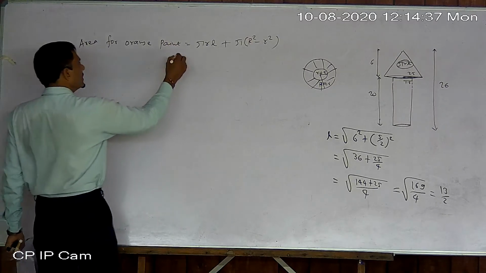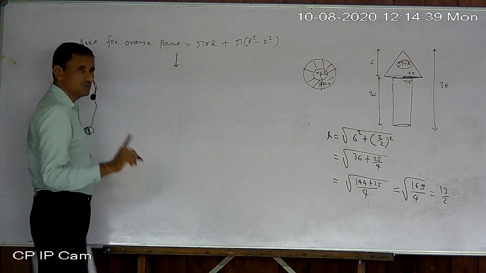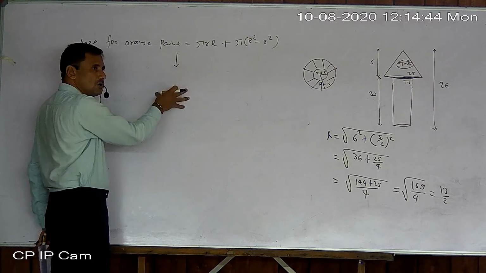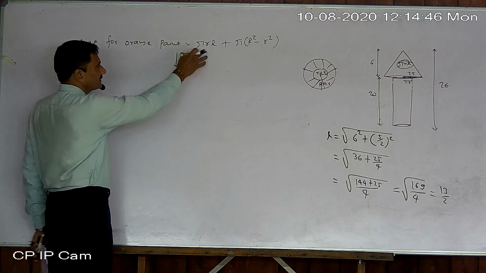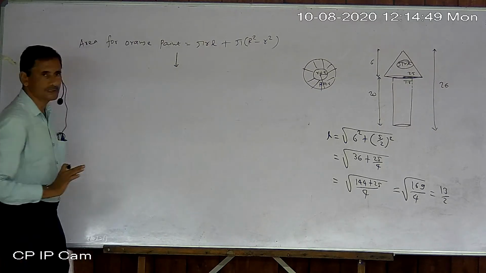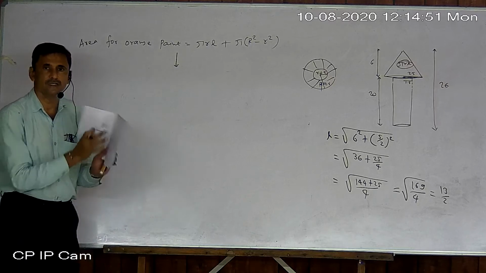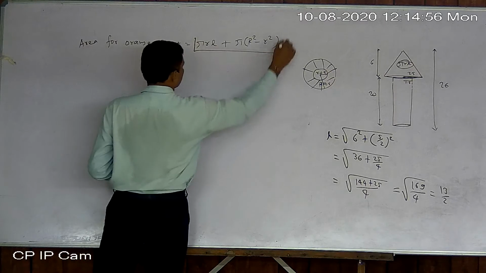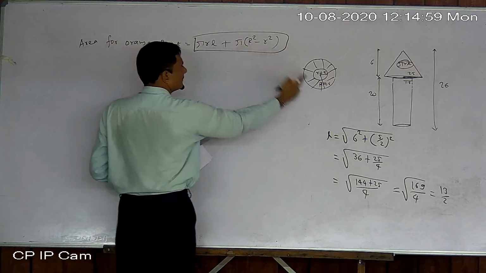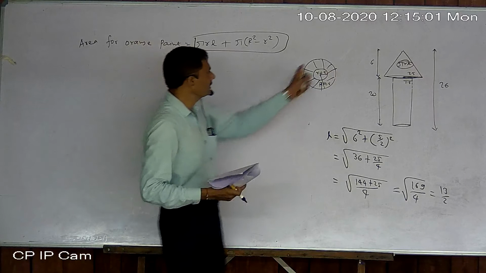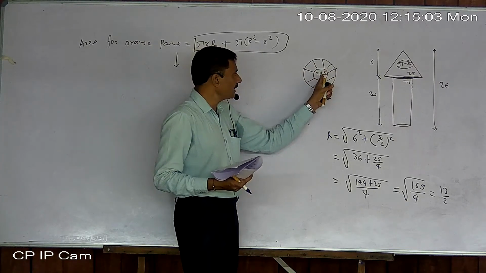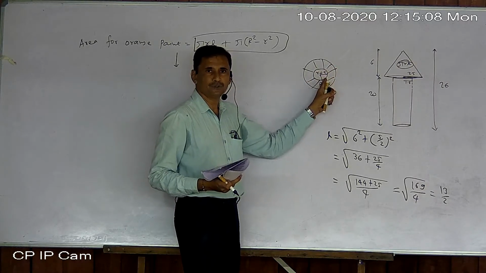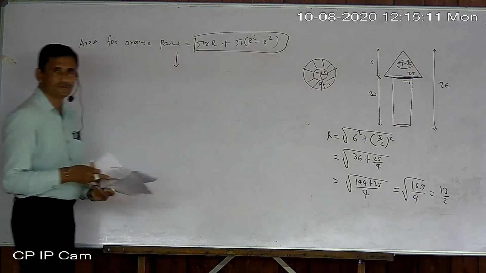So just place the values here. Solutions are given, so I am not solving the whole sum here. You just do the calculation and get the answer without seeing the solution in the textbook. I am just giving you a hint. So that is the first part. Where did this part come from? Look here. This circular ring is there, but this is the part overlapped by the cylinder. So you have to take this part, so pi R square minus pi r square is taken.